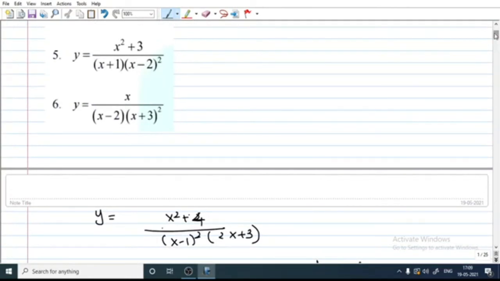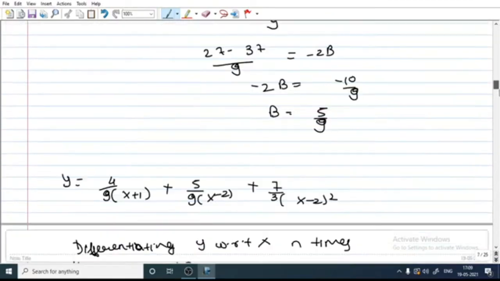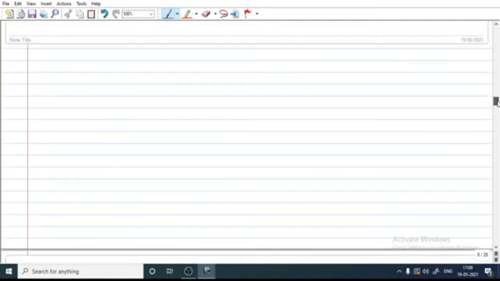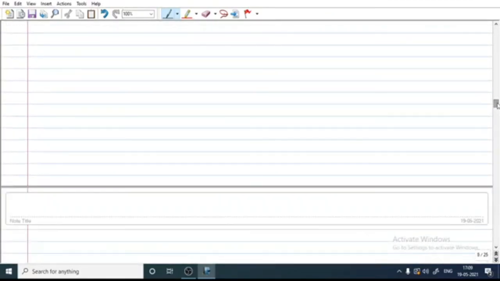So the main thing is that here also you have to make out first whether it is a proper rational expression or not. So it is a proper rational expression because in the denominator x cube term is present. Now what we can do, we can solve it. So if we try to solve it, what we are going to get. So let me write the question.